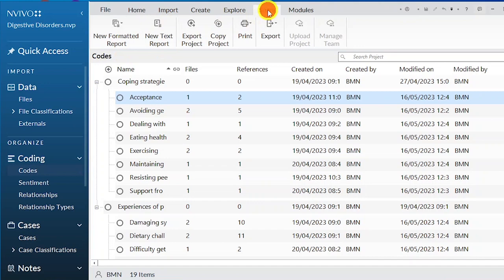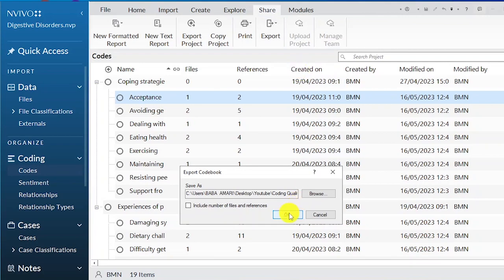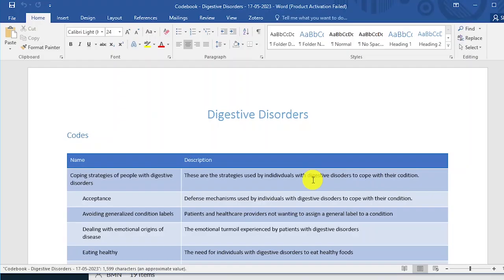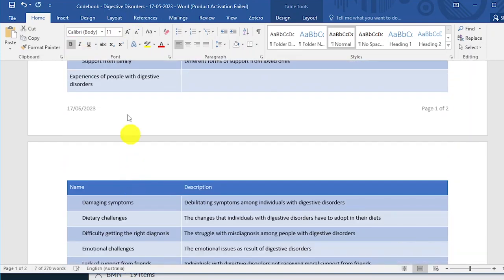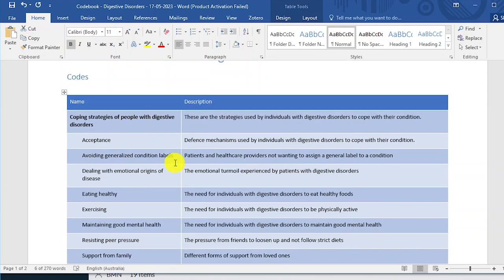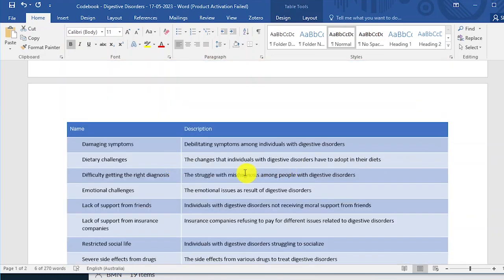Let's go to share. We click on the share icon and go to export and export codebook. We want to export a codebook. You can see that NVivo produces a very detailed codebook with the primary themes here. You can put this in bold. These are the primary themes and the sub themes under them, and also a description of what every code means